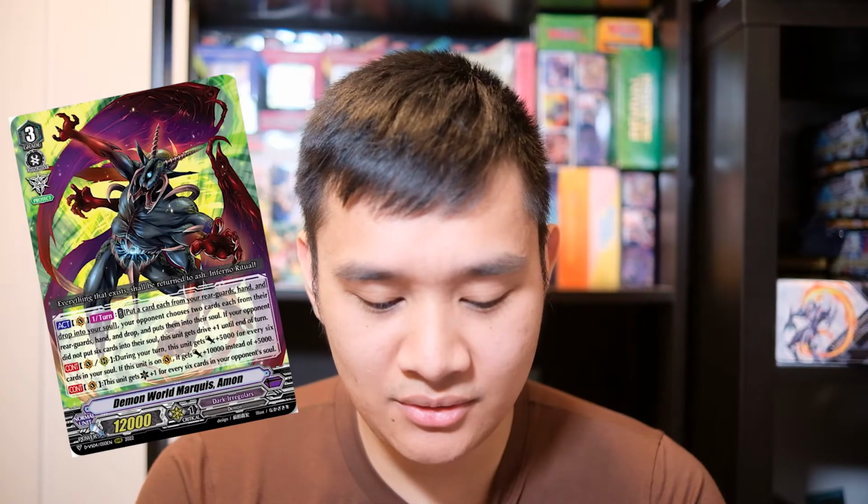And for those of you that don't know his ability, once per turn, put a card from your rear guard, hand and drop into your soul. Your opponent chooses 2 cards from each of those places that I just mentioned, and they put them into their soul. If your opponent did not put 6 cards into their soul, then Amon gets an extra drive check until